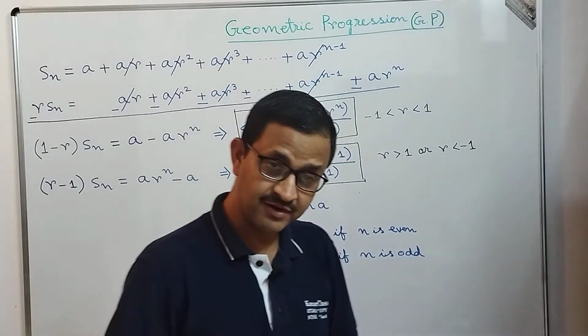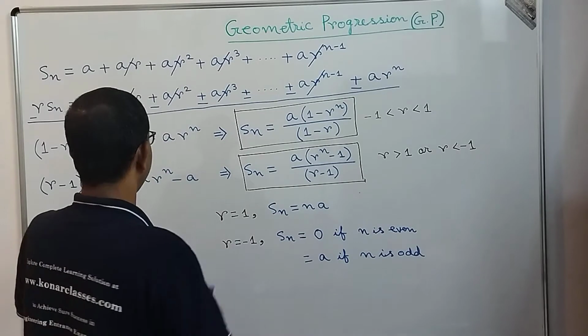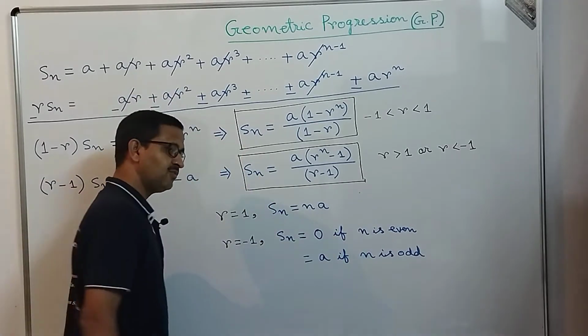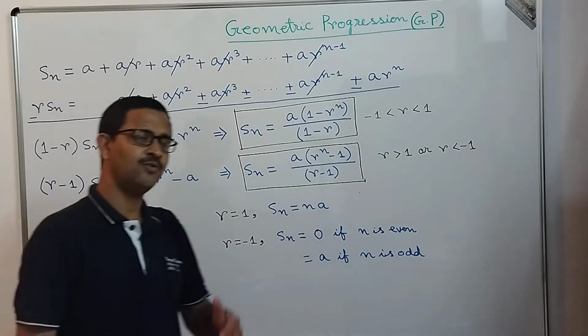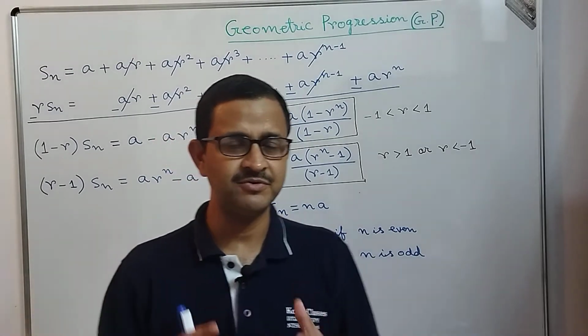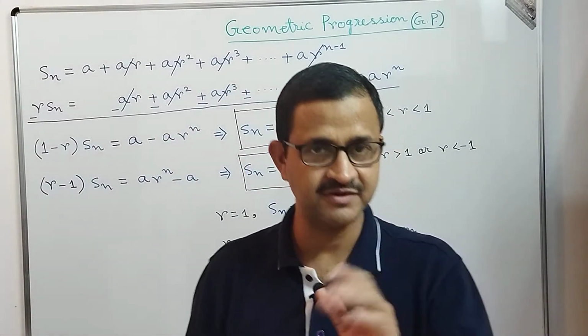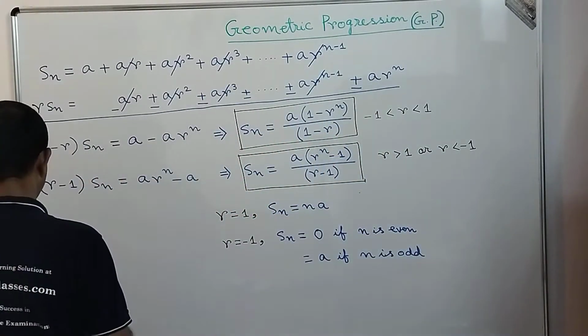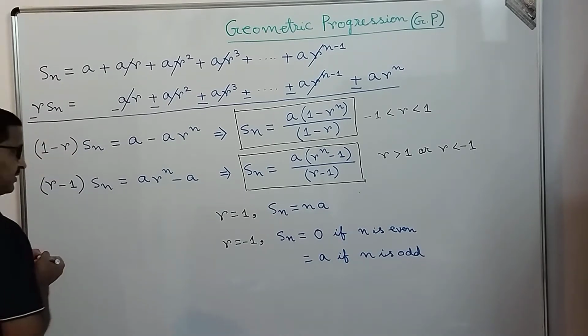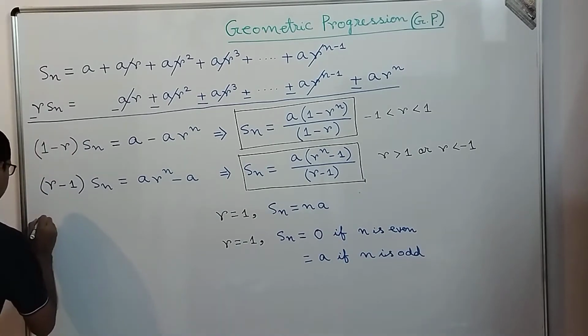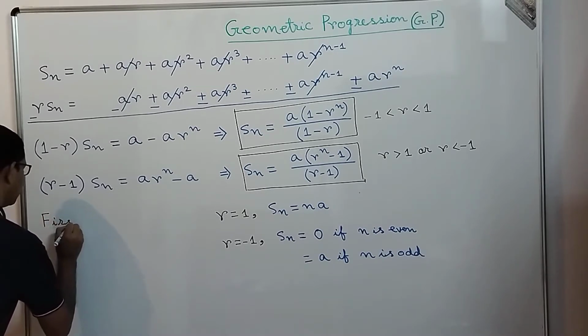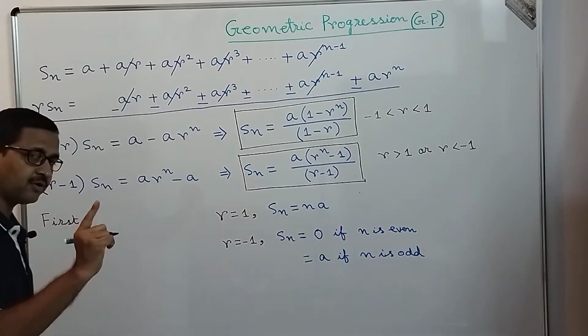Okay, so what we understood so far, dear students, is that if a geometric progression is given to us, and what is meant by the geometric progression given to us? We know its first term, that is denoted by a, as I already wrote earlier. So let me write here once more. Whenever we know that it is a geometric progression, there are two important attributes.